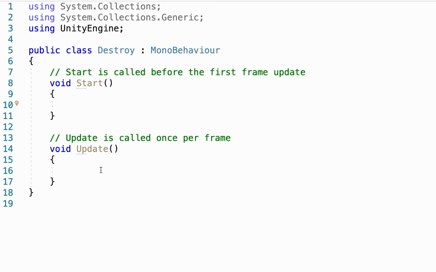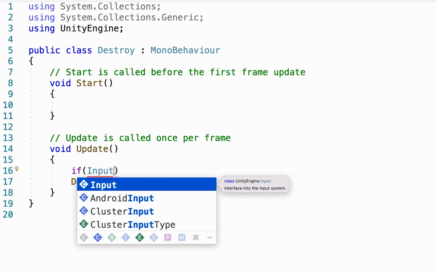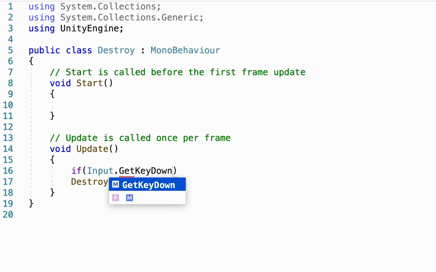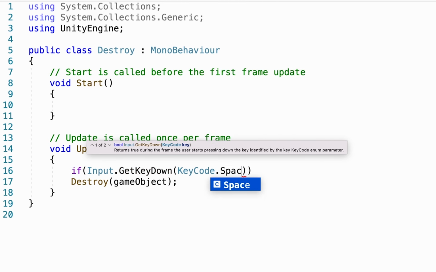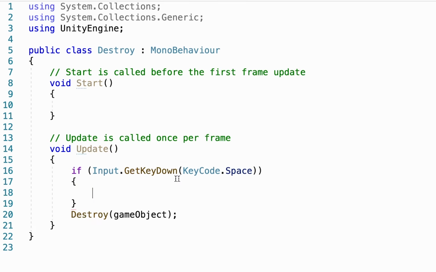Just to give you another idea of what this is capable of, we could also use this in our update function. Now if I just put it here, it would look the exact same because as soon as the first frame of the game starts, it would destroy the game object. But I could also put an if statement, and have the game check for an input, like whether or not I am pushing down a key. In this case, I could do the space key. And right now, if I were to load my game,